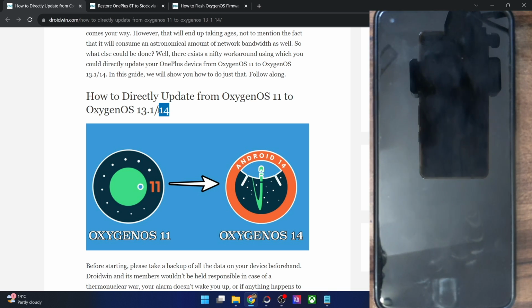So one way of doing the update is once you reach the Oxygen OS 11 build, you could then simply install the OTA updates one after the other. But that will end up taking quite a lot of time as well as network bandwidth, because you might have to install around 4 to 5 OTA updates to reach from Oxygen OS 11 to Oxygen OS 14. Likewise, most of these updates are 2 to 3 GB in size,